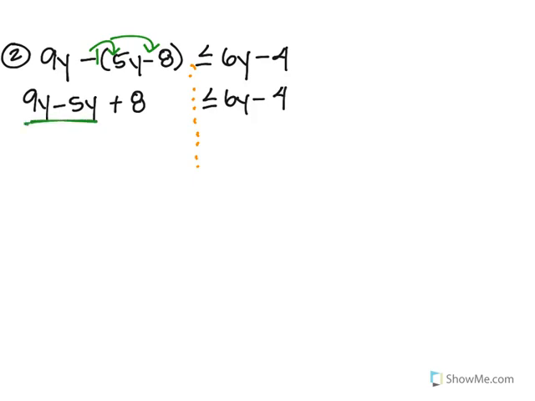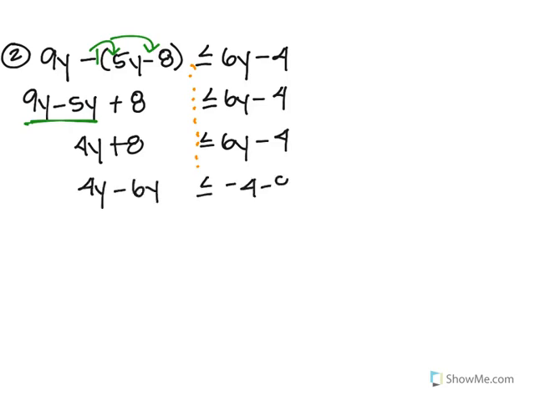We're going to combine 9y minus 5y, which is 4y, plus 8 is less than or equal to 6y minus 4. So we're going to get our variables together. So that's a -6y and a -8 when you put your numbers together. So 4y minus 6y is a -2y, and -4 minus 8, -12. Now when you divide by -2,